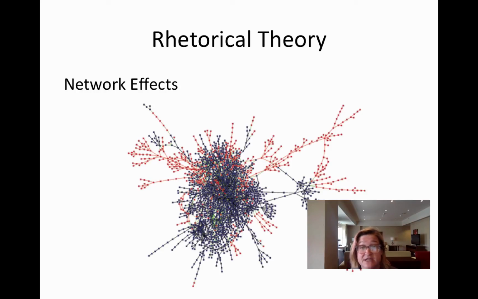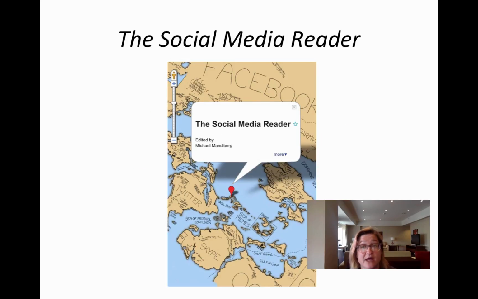And given the state of technology and distributed computation, we'll also be thinking about certain kinds of network effects and what happens when people's social relations are very complicated. And you might be tied to a lot of different kinds of individuals, not only through face-to-face contacts, but also through your online relationships. And not all of the connections might be obvious and might involve some critical thinking. So to help with critical thinking, we have a couple of readings also in this first module from the Social Media Reader. It, like all of our other textbooks, is available free online,